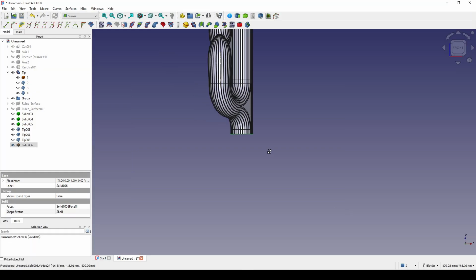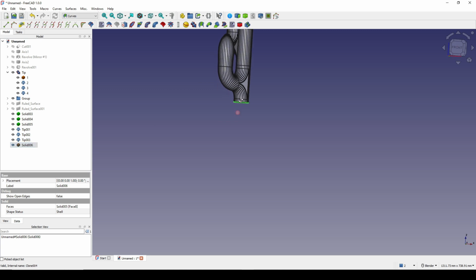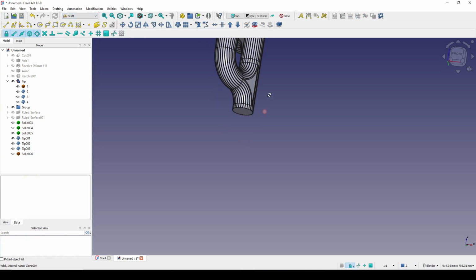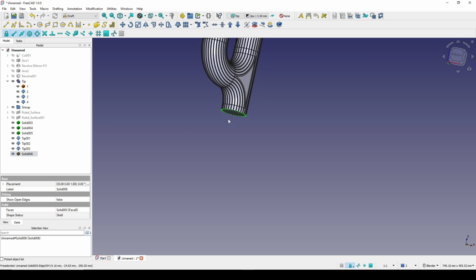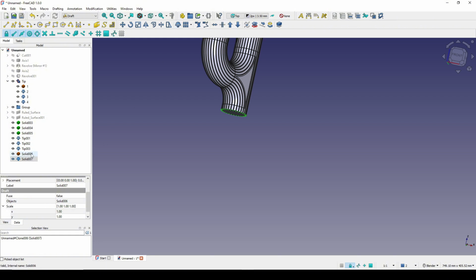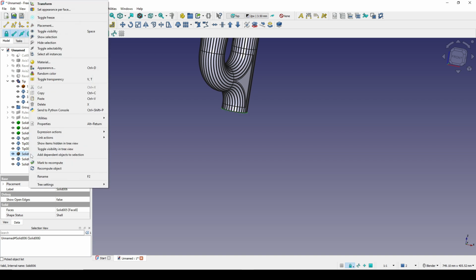So I need three faces. So again I will select this face and I go to the draft workbench. So I will select this one and create two more copies. So go to the clone tool, select this one, go to the clone tool, and this one I rename this